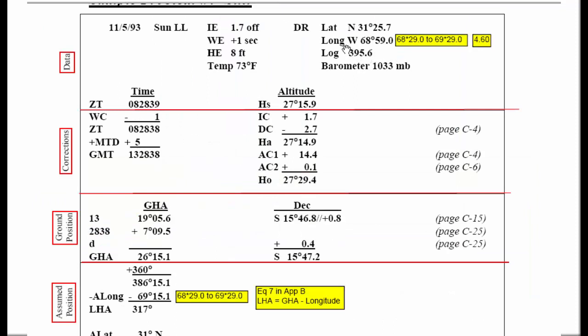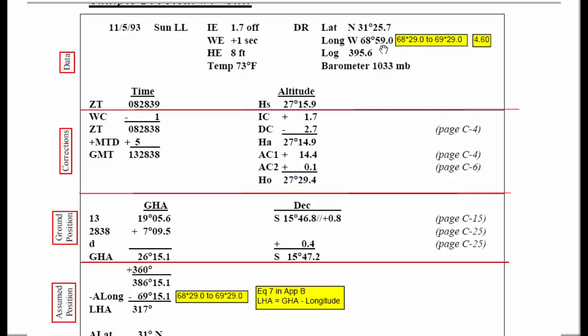And we see up top for longitude 68 degrees 59.0, we want to choose the assumed longitude to be within plus or minus 30 minutes, plus or minus a half a degree, of the DR longitude. Well, here's your DR longitude, 68 degrees 59.0, so I'm going to form a bracket plus or minus 30 minutes on each side of that. And here's that bracket,